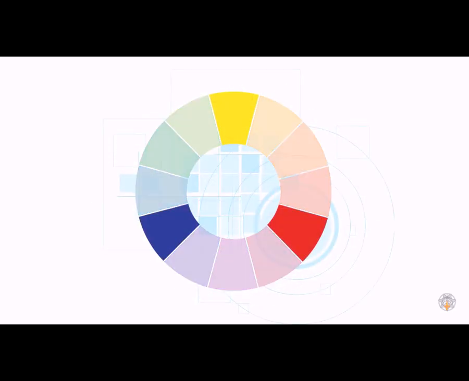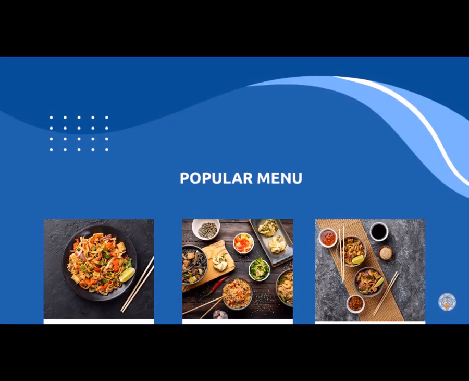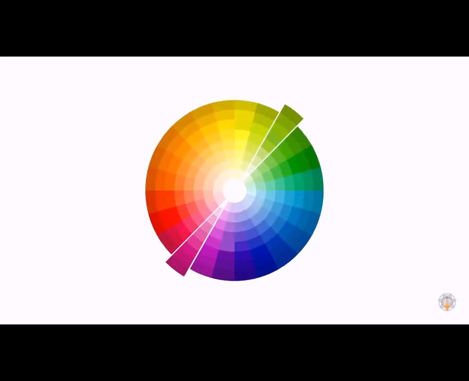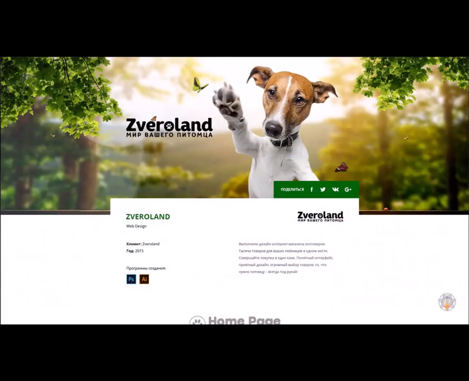One more color scheme is called the triadic color scheme, which can be defined as high-energy colors that are made by mixing three colors which are spaced 120 degrees apart on the color wheel. So once you have decided what the base color will be, you can just draw a triangle with equal sides and pick your other two colors. When you're designing your website and thinking of what colors to use, you should treat colors as important elements, just like navigation, images, and content.